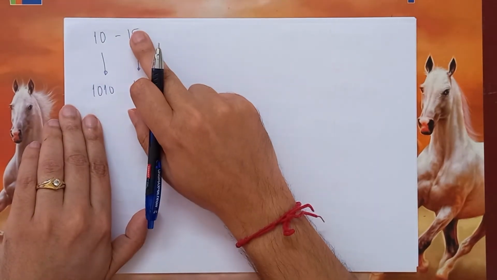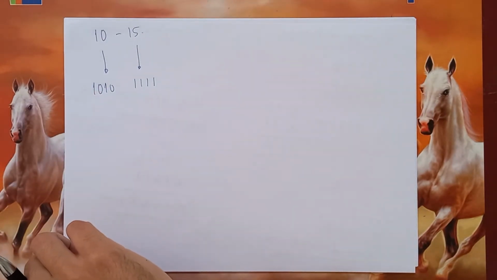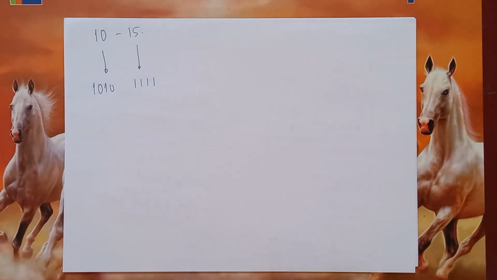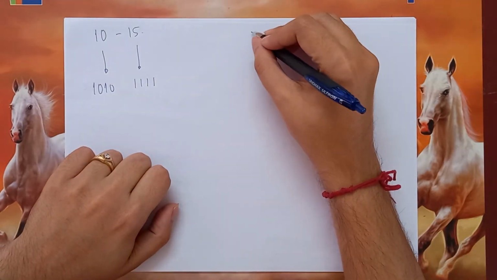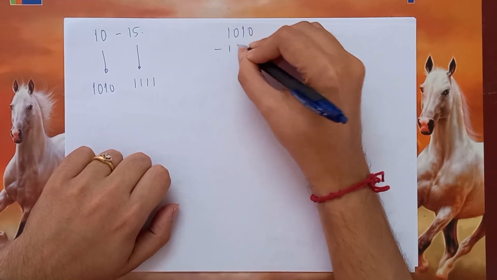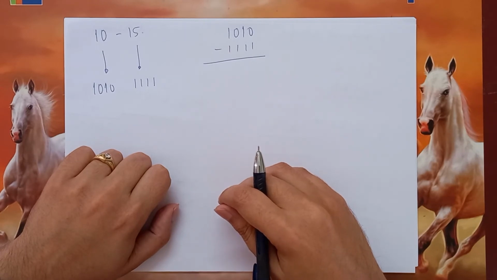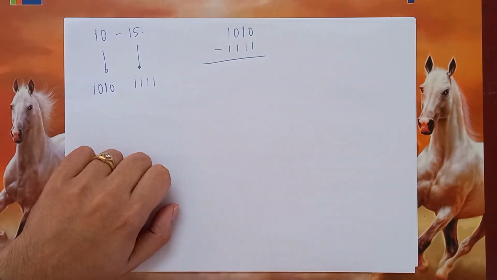We are now trying to be brave and trying to do a subtraction where the second number is bigger than the first number. So in such a case, if I try to do this, let us say 1010 minus 1111. Okay, if I try to do this,